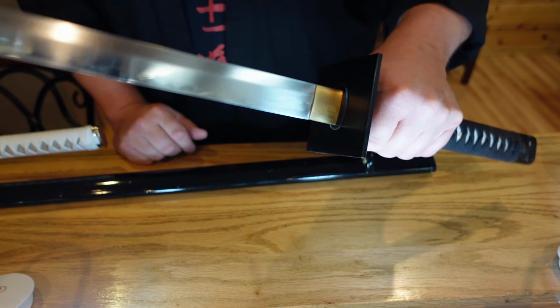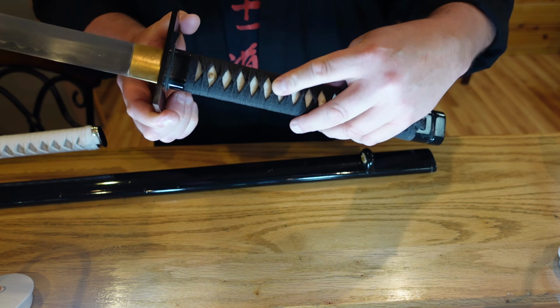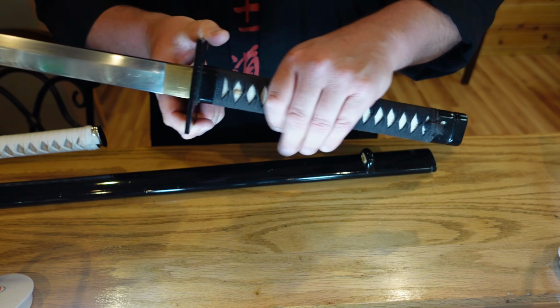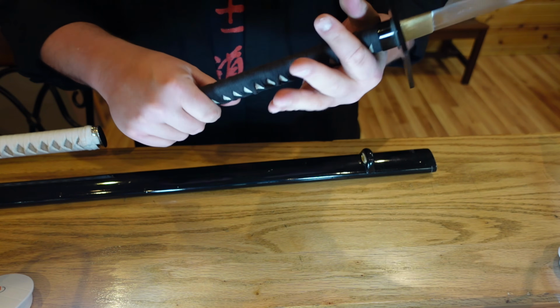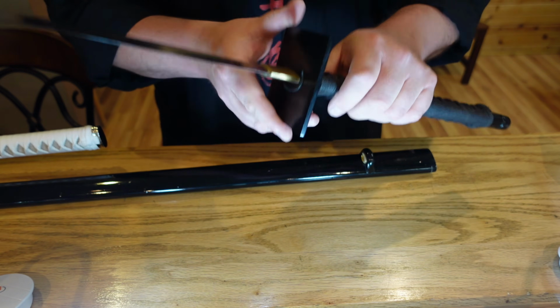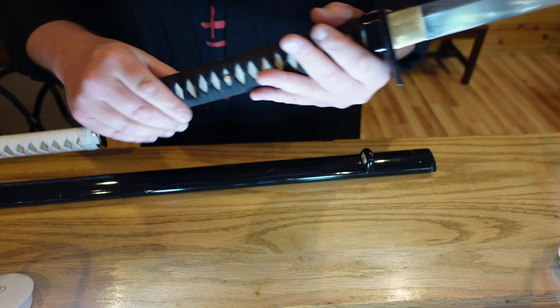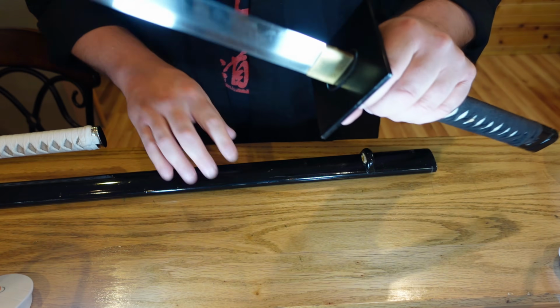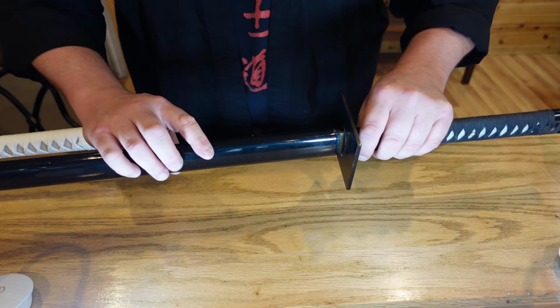It is a solid sword. There isn't one bit of movement here. The ito, the wrap, is extremely tightly made. I've chopped a lot with this, never had anything come apart or even loosen in the slightest. It has a huge iron black painted guard here. It is just a beautiful sword overall, and one of my definitely top 5 of hundreds of swords that I